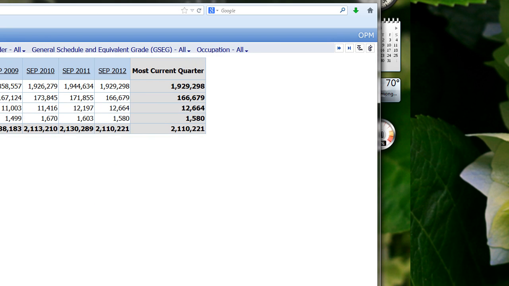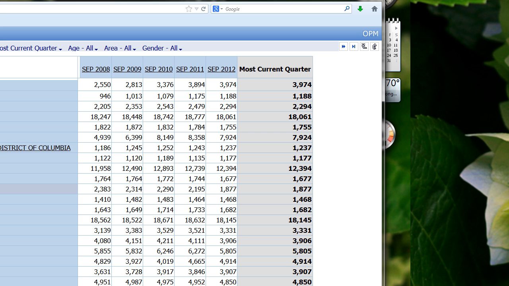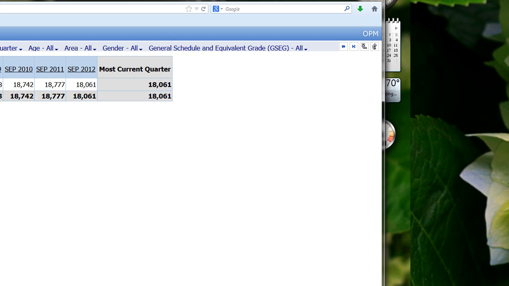And then you can choose any agencies. Let me choose large independent agencies. Just like I said, this is an example. You can choose medium or small, it's really up to you. So let's choose large independent agencies. Among all of these agencies, let's just choose Environmental Protection Agency. Now you can see the number of employment for 2008, 9, 10, 11,